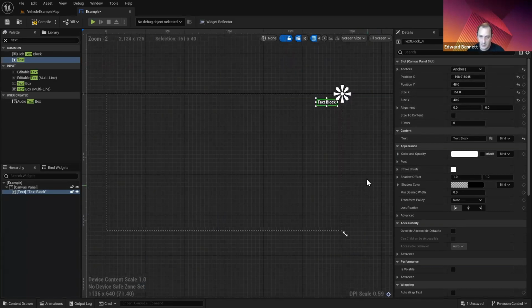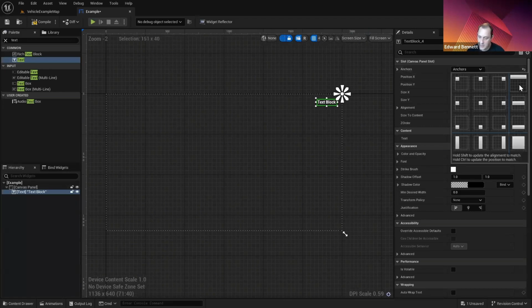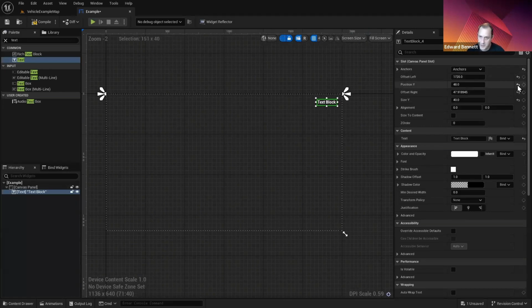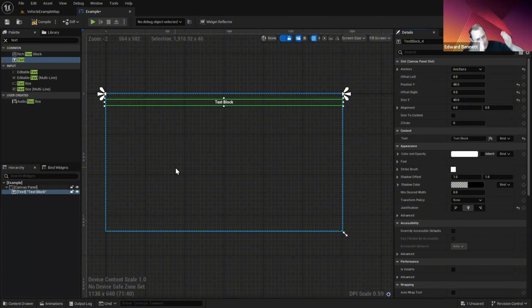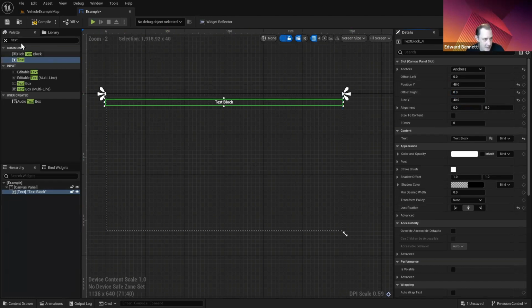Okay, we've also got some other options here, like we can map across the entire top. So now I would have an offset for right and left. If I made this 0 and 0, we would see that it goes across the entire screen. You could do the same thing down the left-hand side. And these make more sense if you're having boxes that squidge up, or you have something like